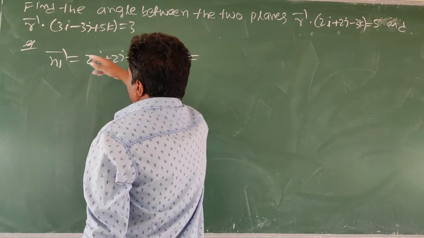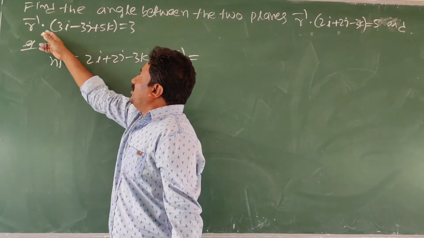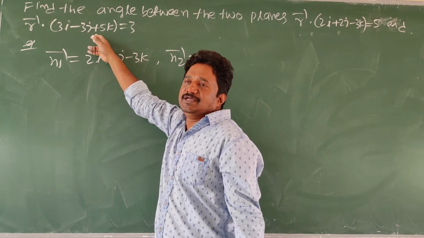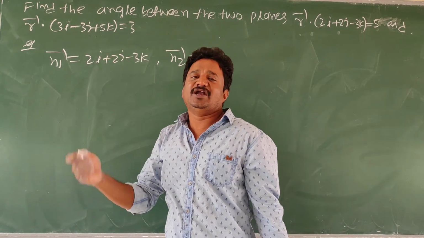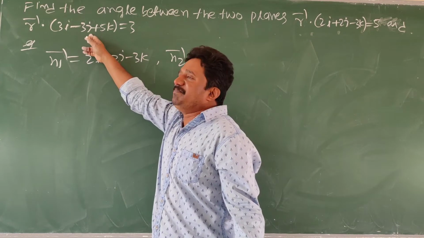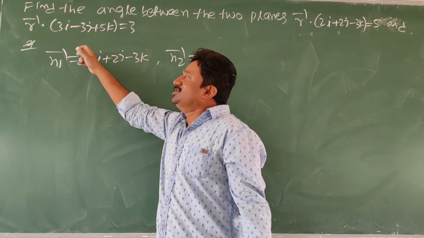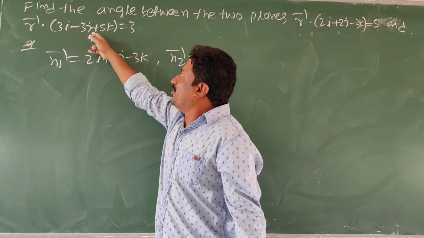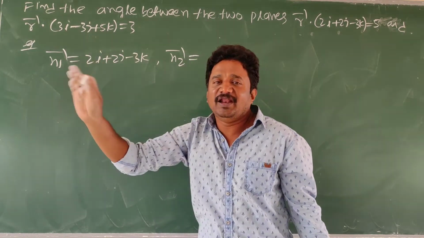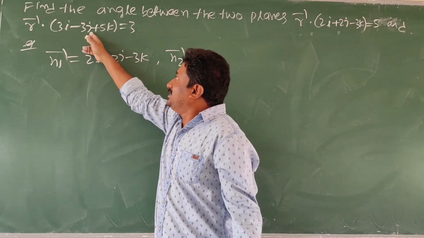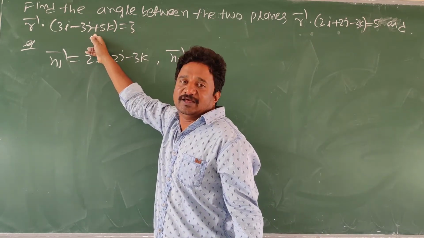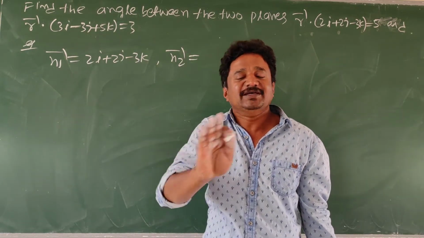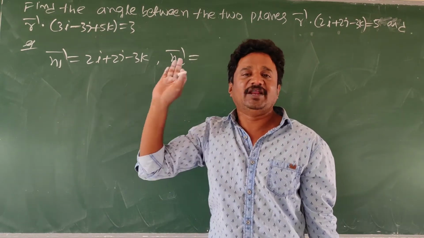Now tell me n2. R dot vector n is equal to d. This is not n cap, students. If n cap is given, it is a standard form. How can you cross-check? If it is n cap, its length should become 1. You just find its length. The length of this vector is not 1, which means it is not n cap. It must be vector n only.